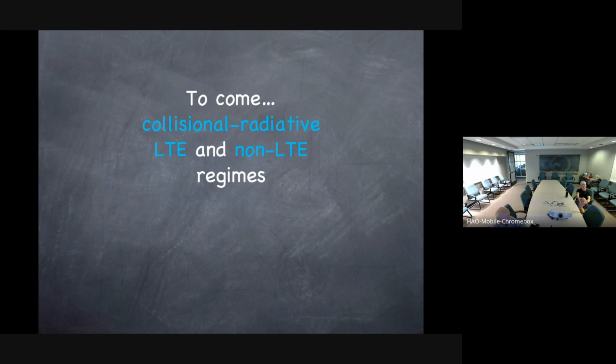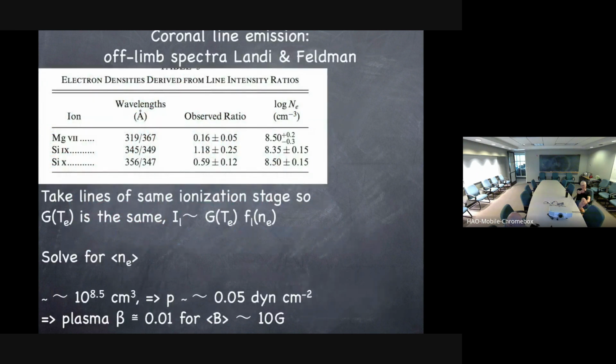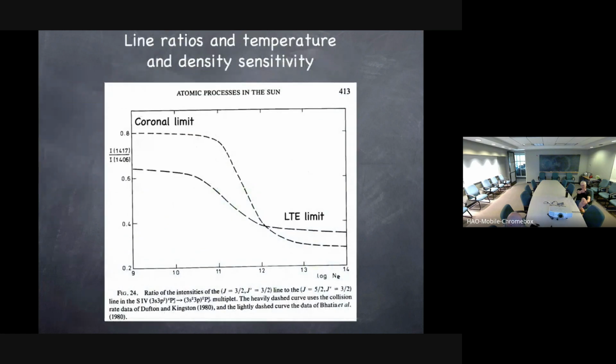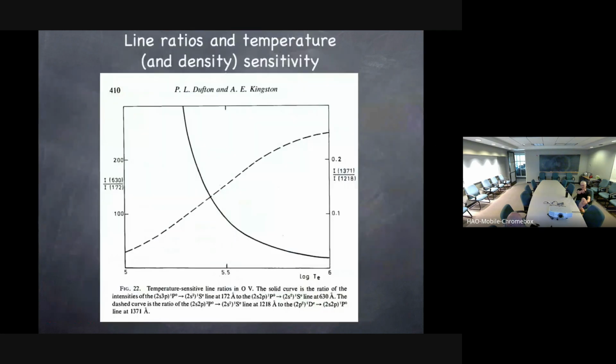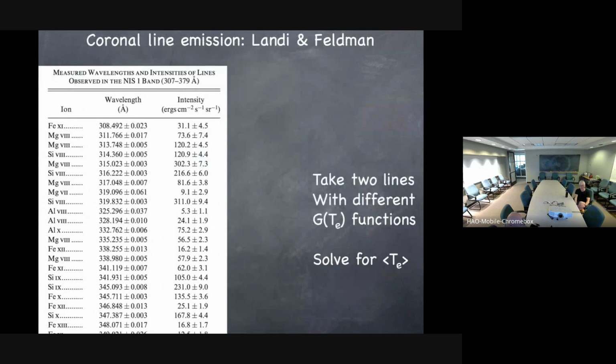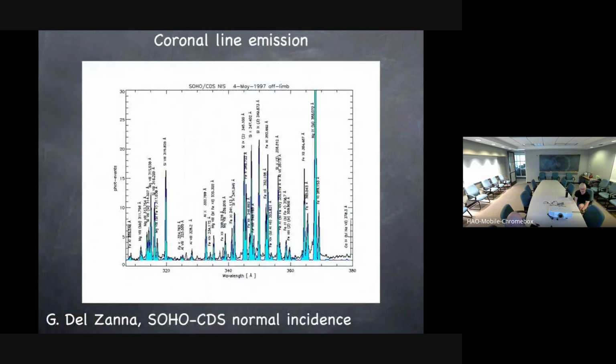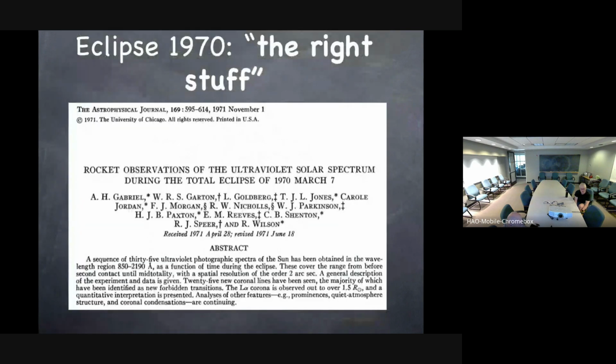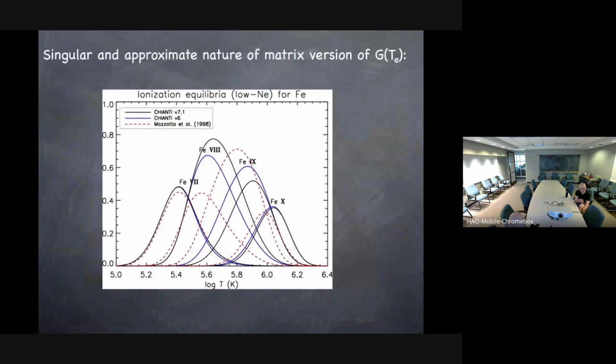I had one question. A few slides back, you showed the different G functions and different Chianti versions having slightly different results. I was wondering, what are the main uncertainties there, which cause these differences? Is it atomic physics not well enough known, or just that we have to limit the amount of processes they consider in these calculations? It's mostly